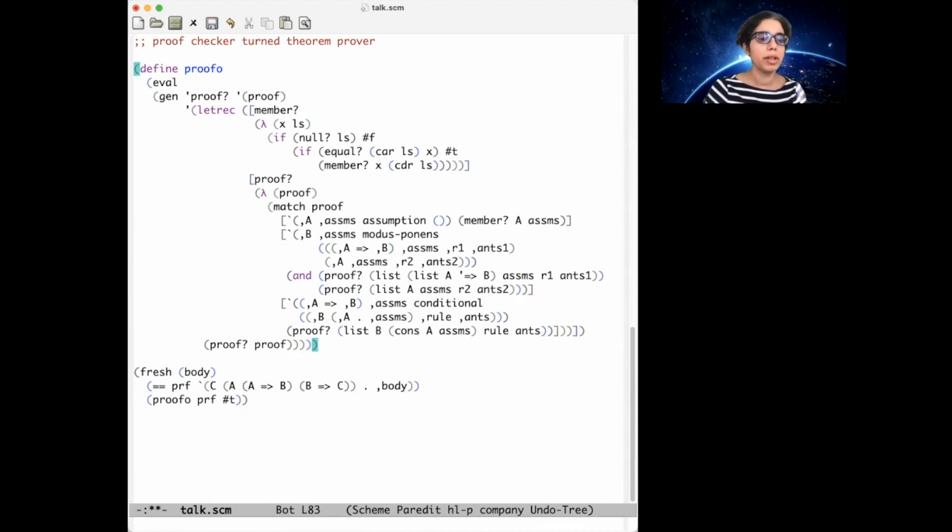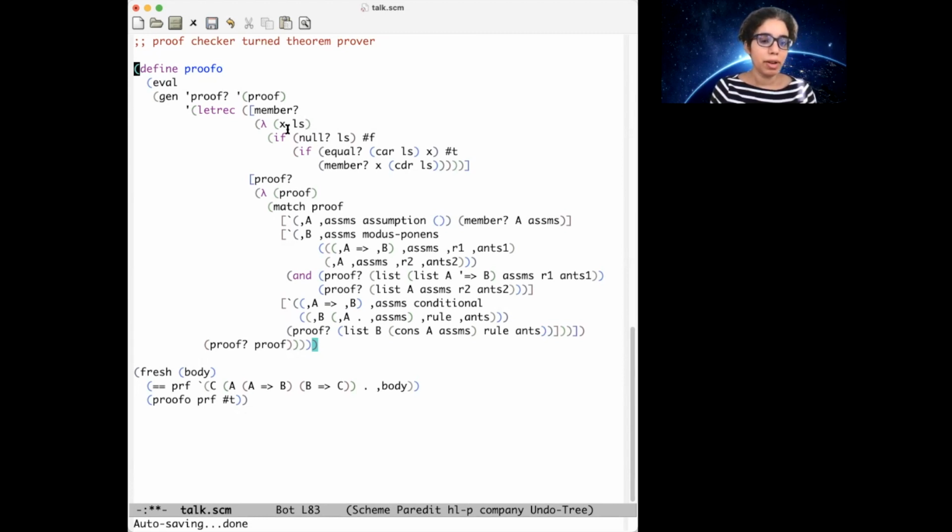So here's an interesting example of a function turned relation, which is a proof checker turned theorem prover. And the proof checker was independently done by Matt Knight without considering the relational setting. And then once the relational interpreter existed, it was turned into a theorem prover. And that is part of the ICFP 2017 paper by Wilbert and others. So here we're going to turn the same proof checker into a theorem prover without the overhead of